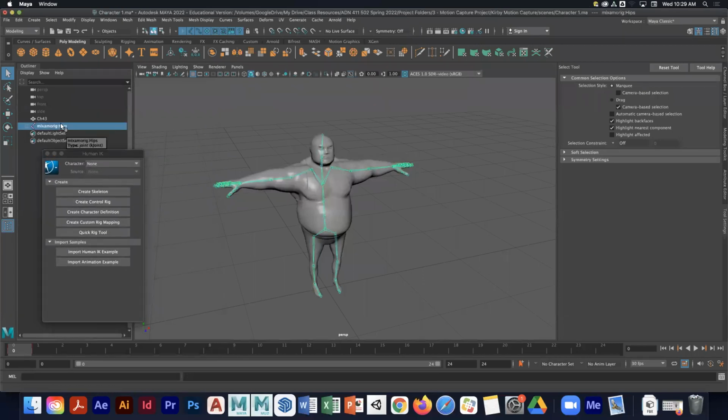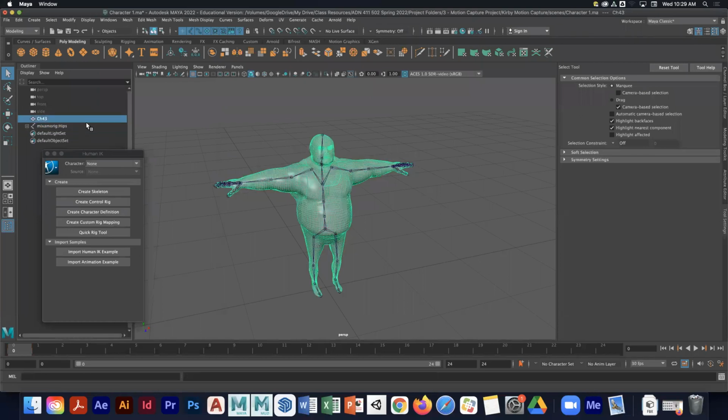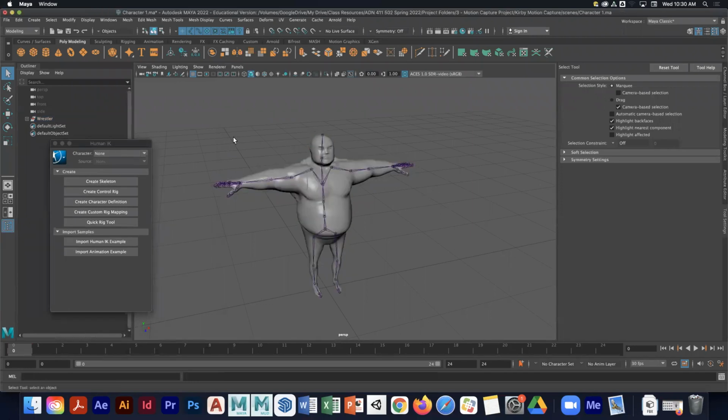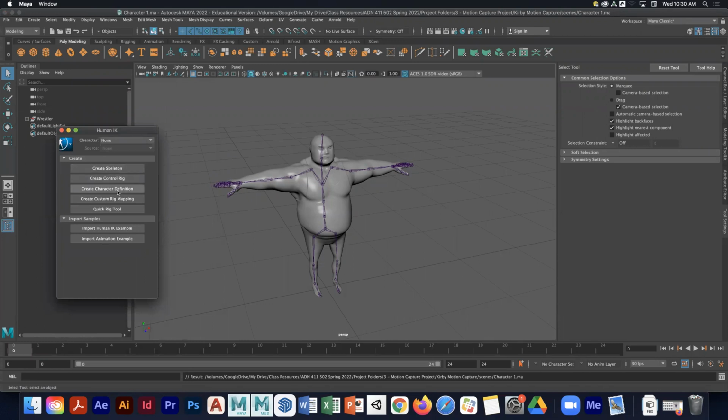The other thing I'll make sure to do is group up my character so that I can easily organize. Wrestler. And save. All right, so the first step in defining a character, you want to create a custom or character